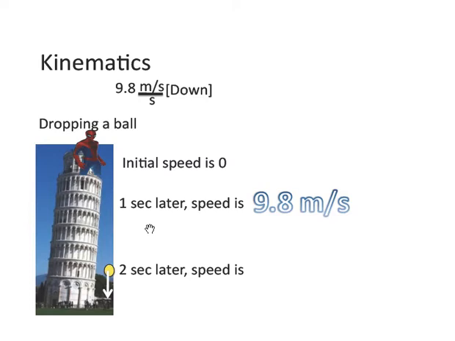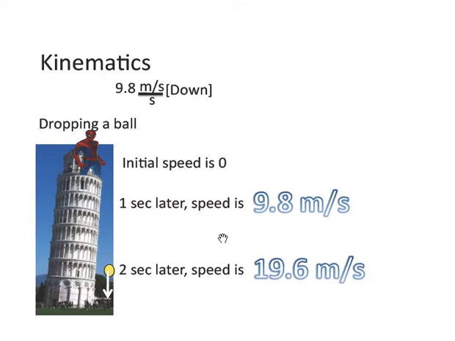2 seconds later, what would the speed be? If you just understand the unit, really in physics, try to focus on what the unit means. It makes physics that much easier. You don't need any more equations if you understand the unit. Every 1 second, the object's speed increases by 9.8. Well, if it was previously 9.8 and it increases by another 9.8, the new speed will be